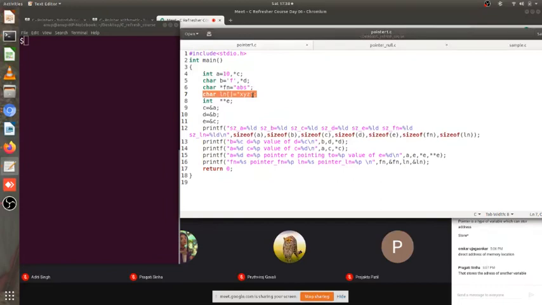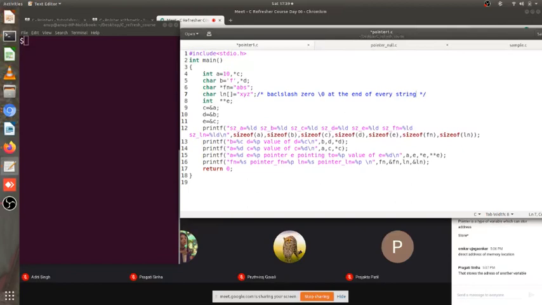It has 3 characters x, y, z, but its size is 4 because by default there is always a last character which is referred to as \0, if you remember, which is written, I guess, written like this at the end of every string.